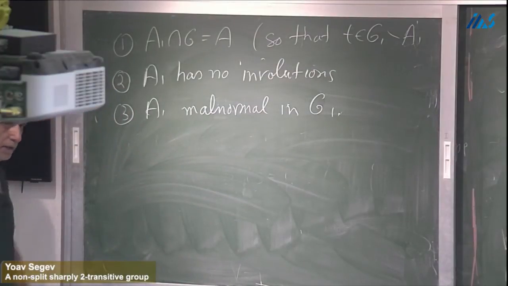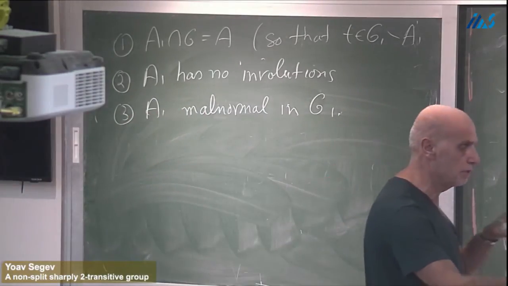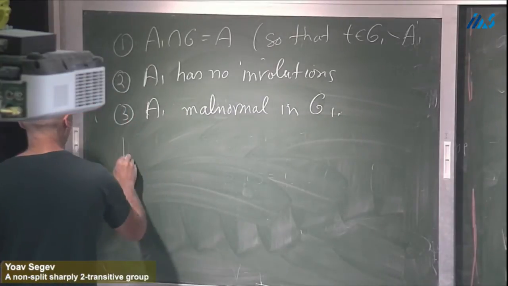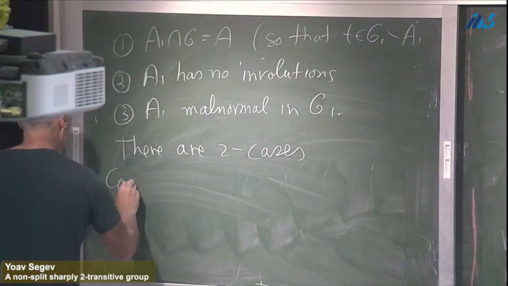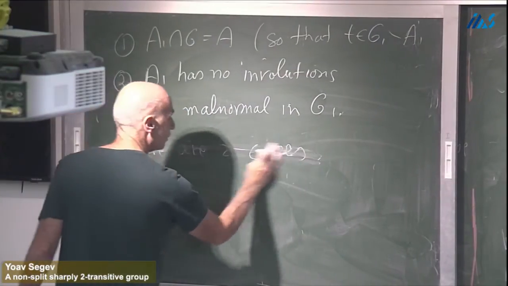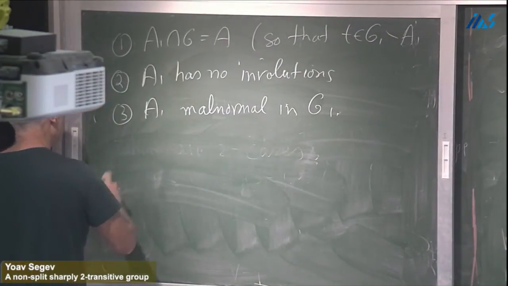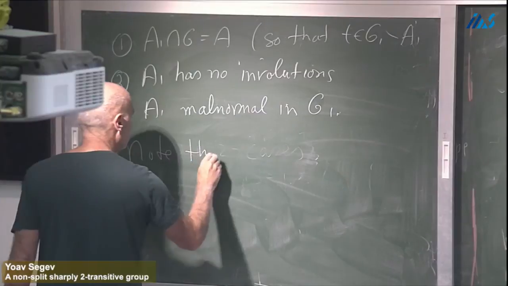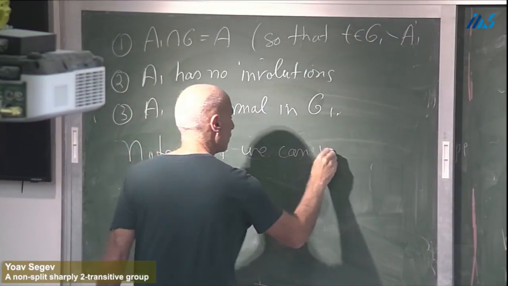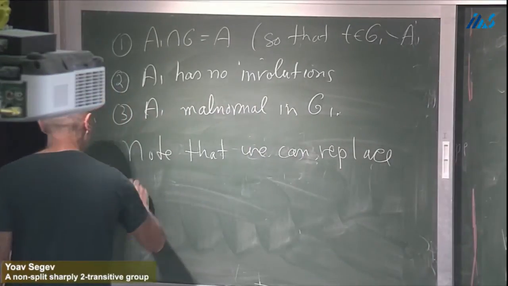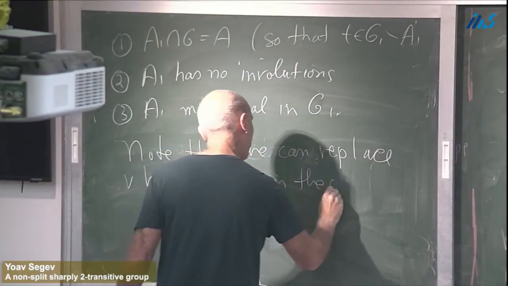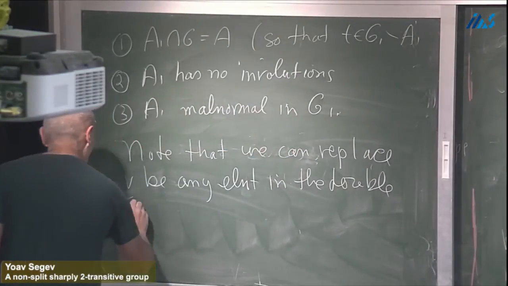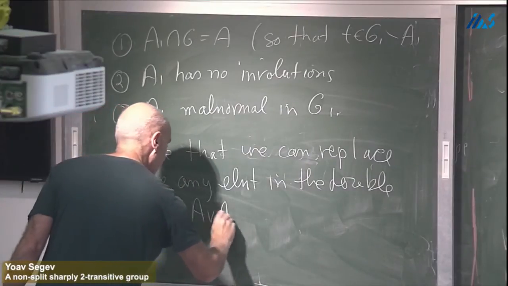Okay, so now I'm getting to the case division that I mentioned earlier, the case division when I talked about cosets of a malnormal subgroup. So there are two cases. Case 1. Oops, I should say something before that. I should note that we can replace V by any element in the double coset AVA, because